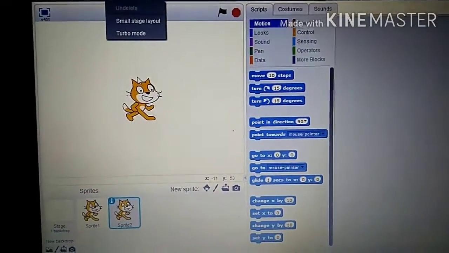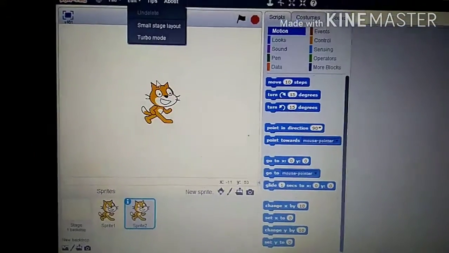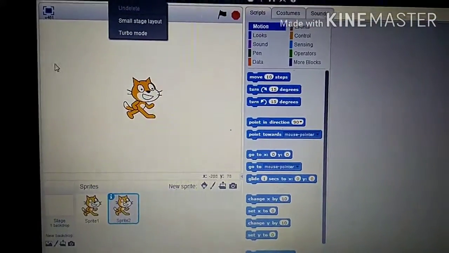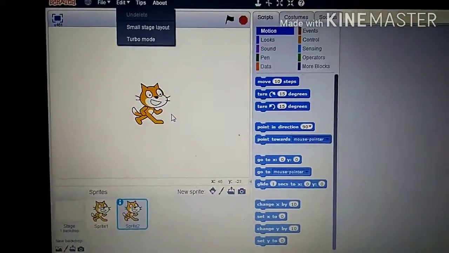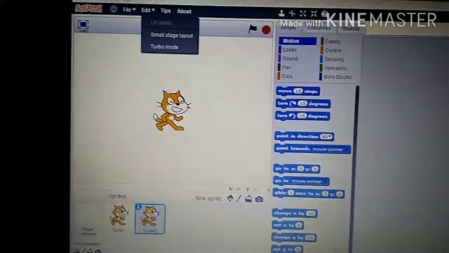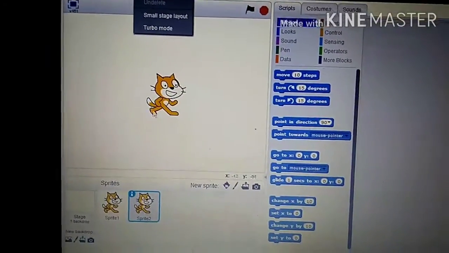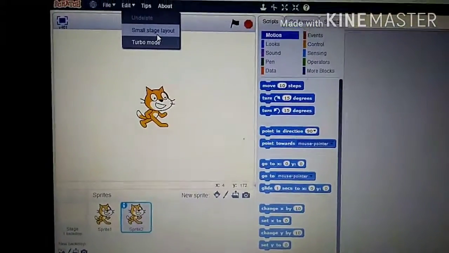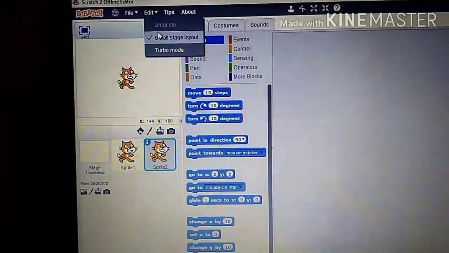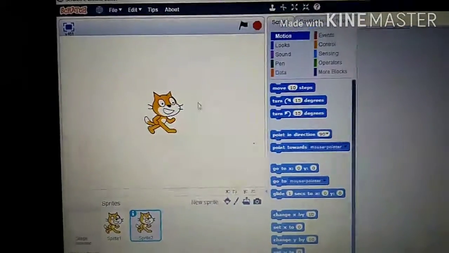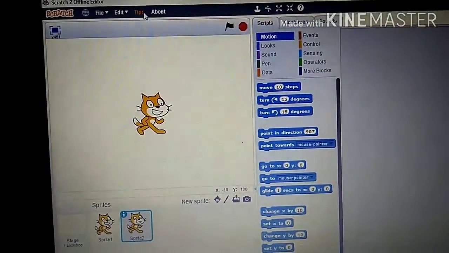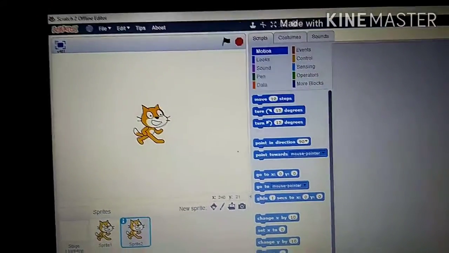In January, our annual function happened and we all performed on the stage. The same thing is happening here also. Whatever command you give, this cat will perform it on this white space area, and this area is known as the stage. Here you can change it. Now it's smaller. Now uncheck this one and it becomes bigger. Clear?